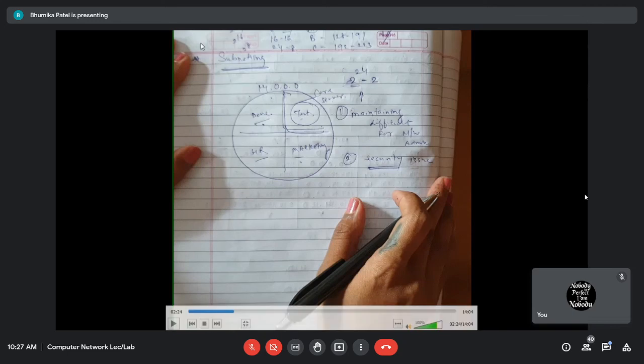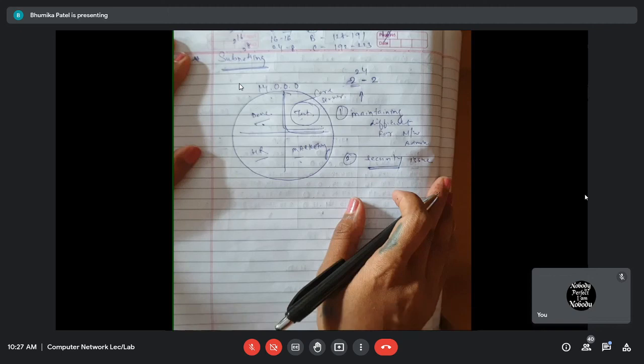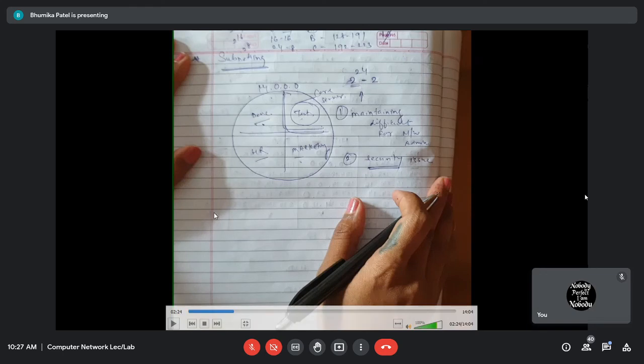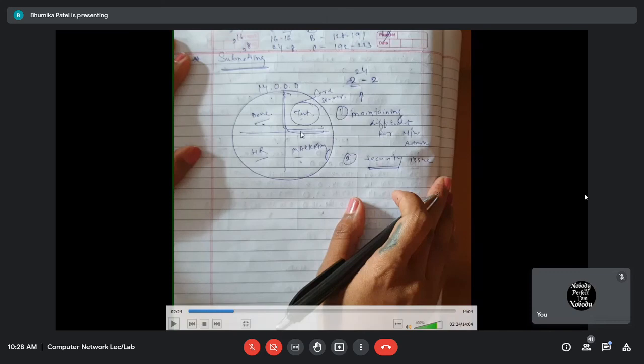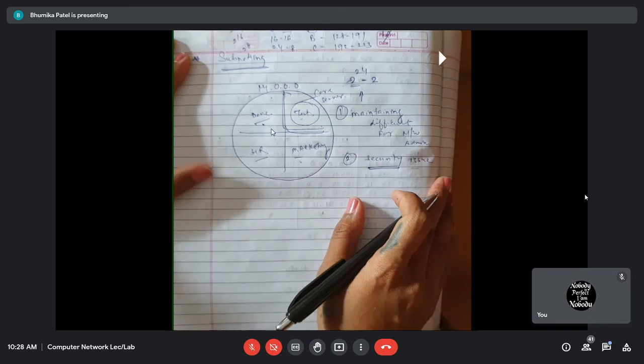So for that purpose, we are going to have subnetting. Subnetting is what I say. Even if we have a very large network or small networks, we can divide that network into smaller subnetworks, so that the maintenance of each subnetwork becomes very easy, and security will also be provided, because we are going to divide my network into subnetworks. Now all the networks will actually be connected to each other, but not all devices will be able to access each other. They have to go through some routers, right?